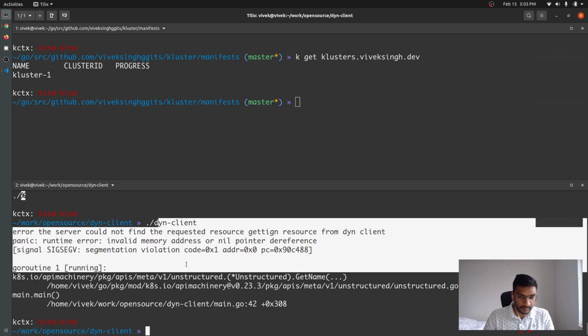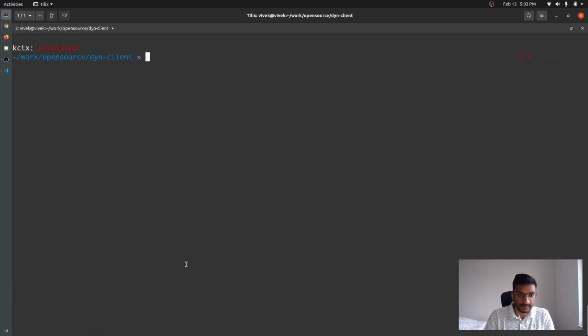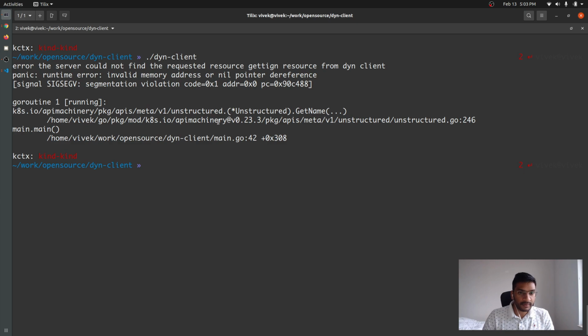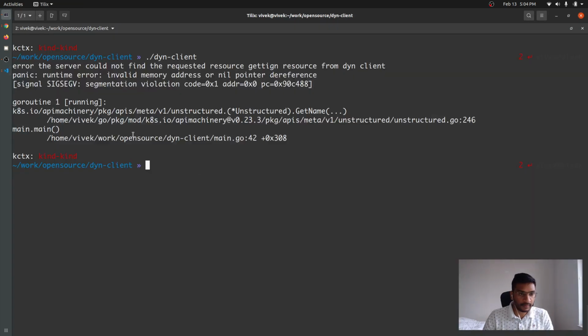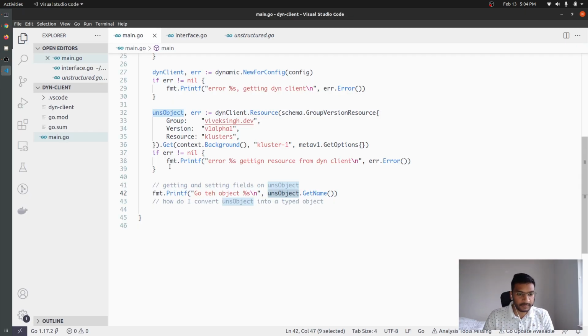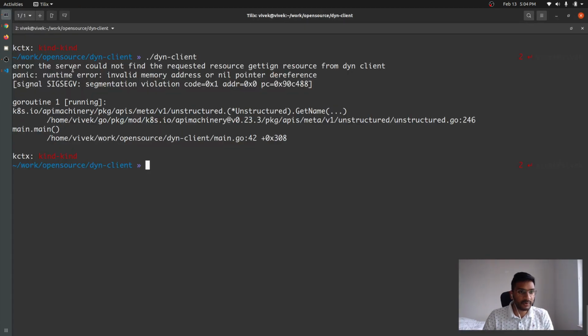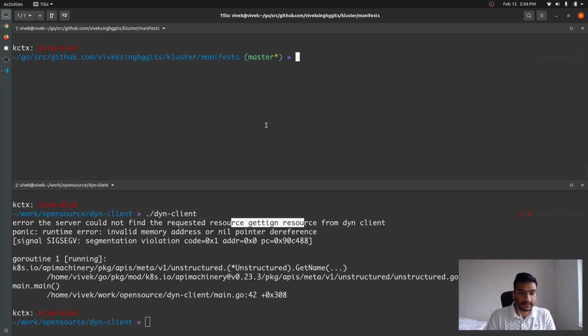Okay, just give me a second. Let's try to figure this out. So the problem is at main.go:42. Okay, so we are getting this at this particular location. It says the server could not find the requested resource, and it simply means that